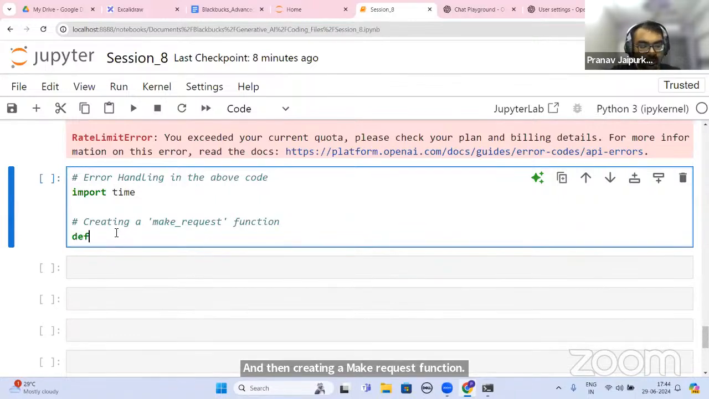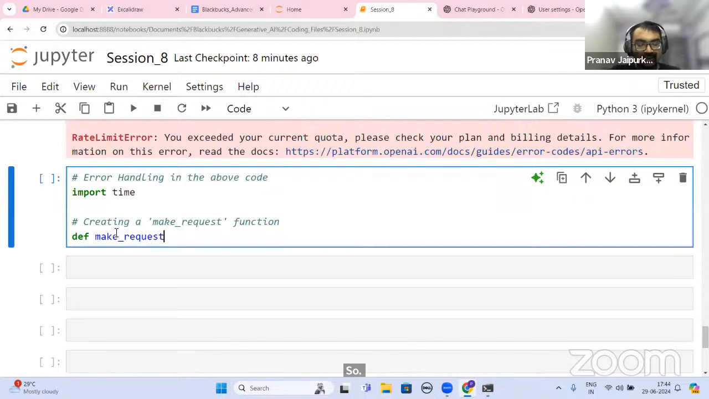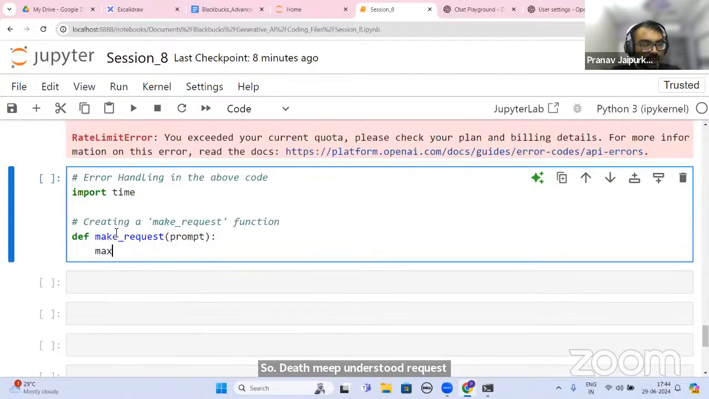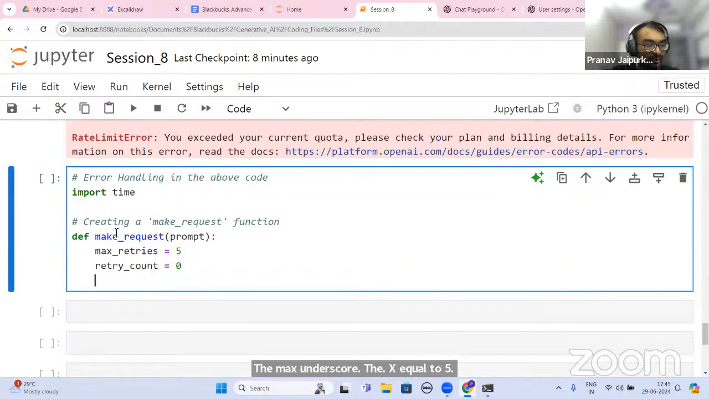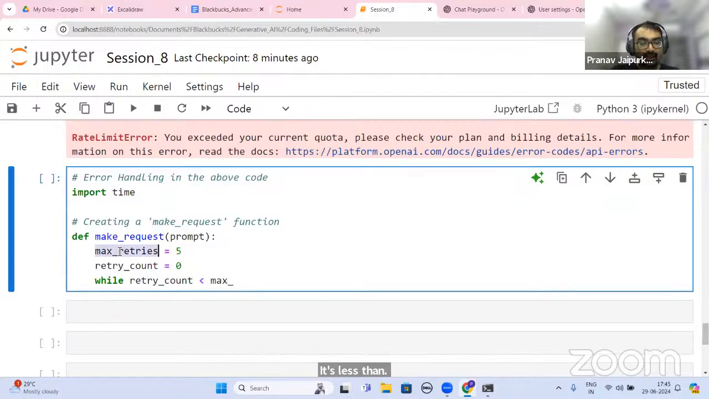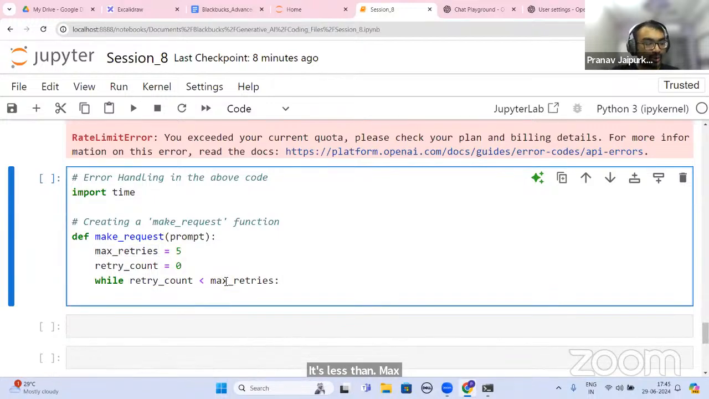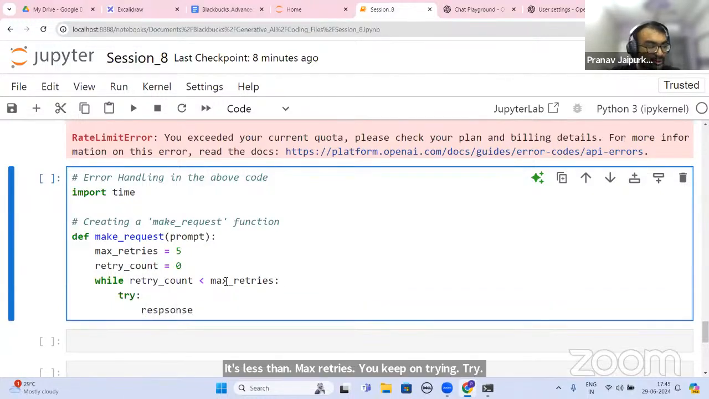So def make_request(prompt), max_retries is equal to 5. Retry_count, you have it as 0. While retry_count is less than max_retries, you keep on trying. Try: response is equal to